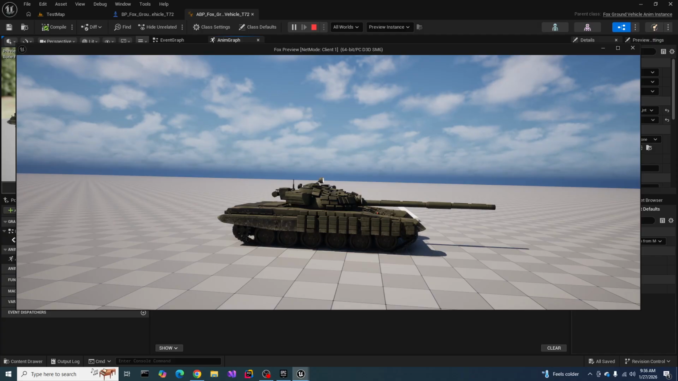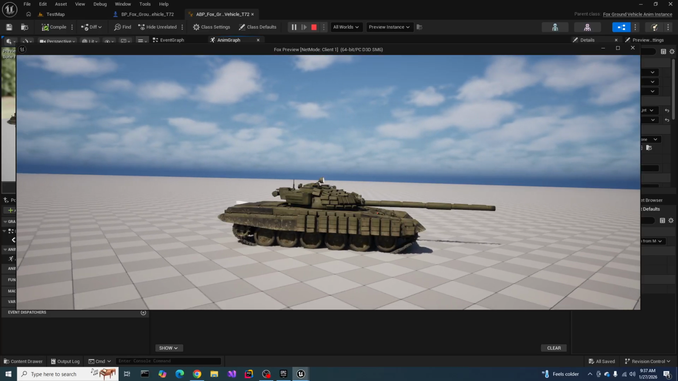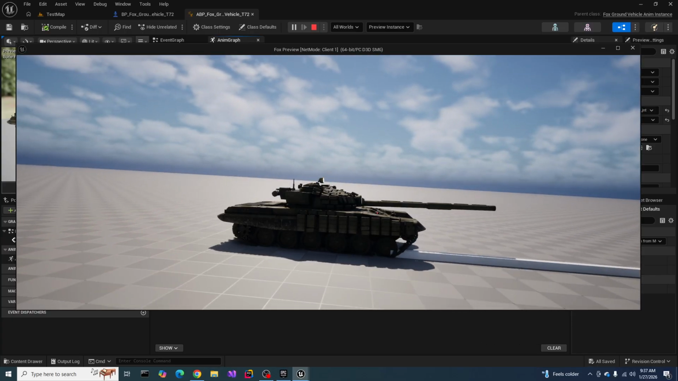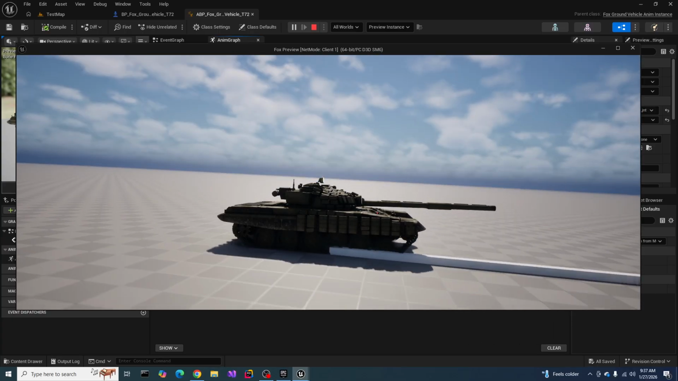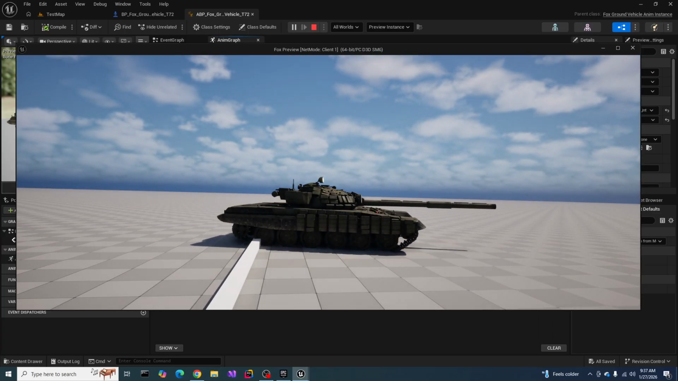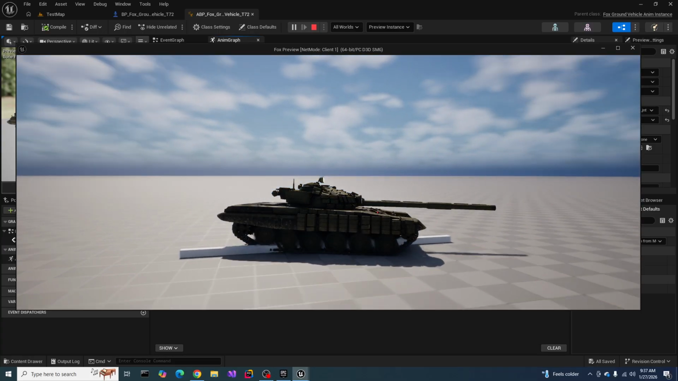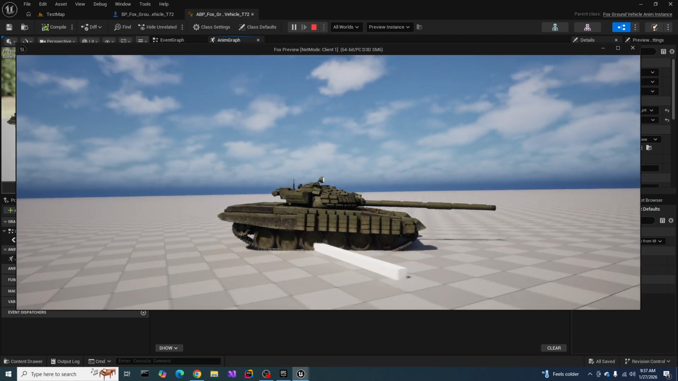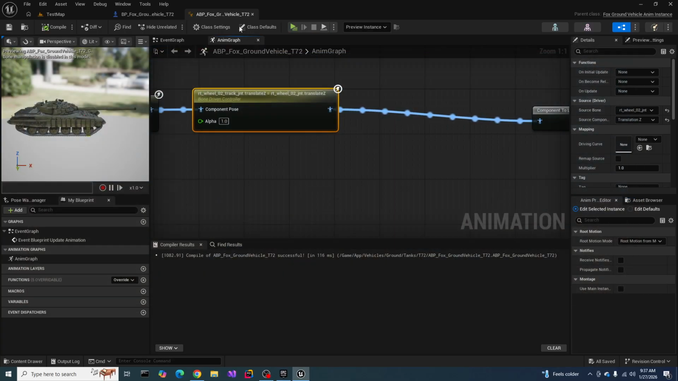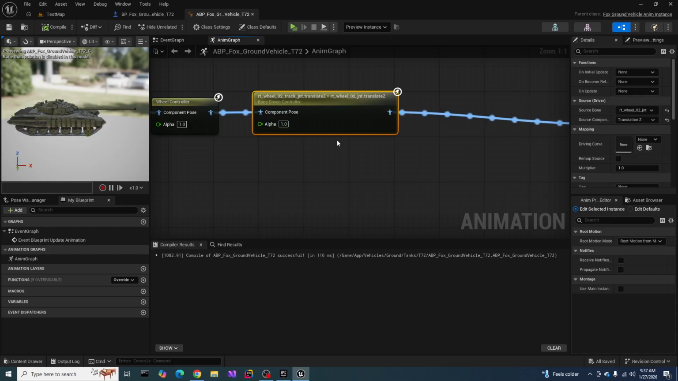Okay, there we go. See the track. The track is now moving. I need to play with the torque still. The torque's not quite right, but it definitely moved the way I wanted it to. Okay, so